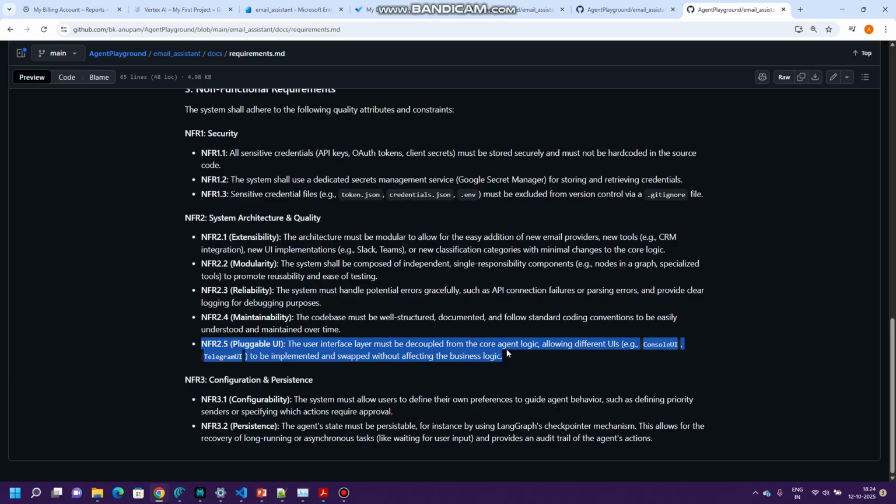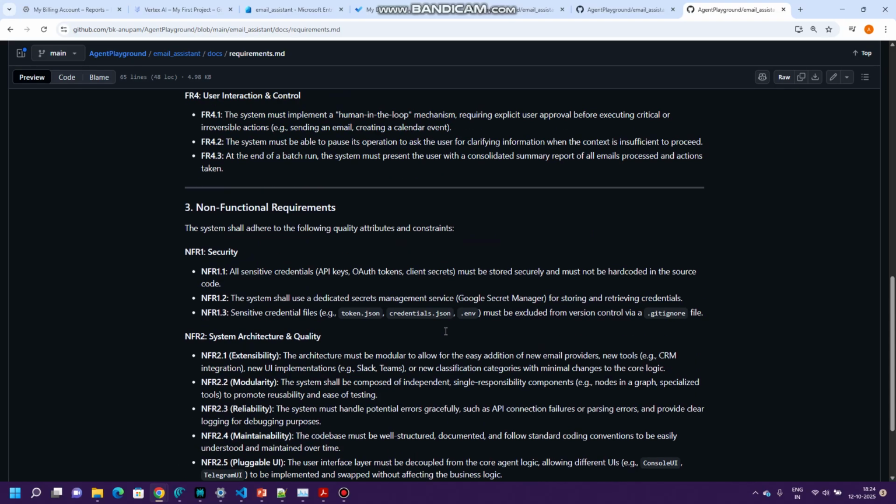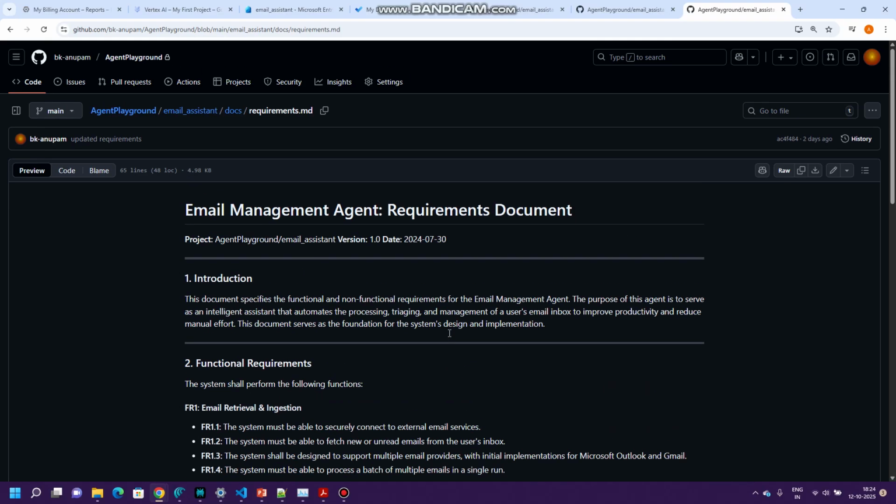So the implementation of the agent should be such that the UI aspect is completely decoupled from the implementation, and the user should be able to configure what specific user interface it wants to use with the agent. So those are, friends, the primary functional and non-functional requirements that this email management agent